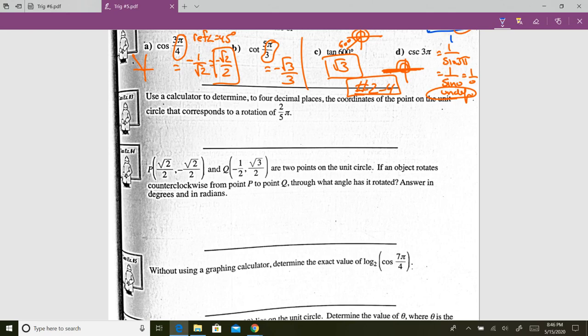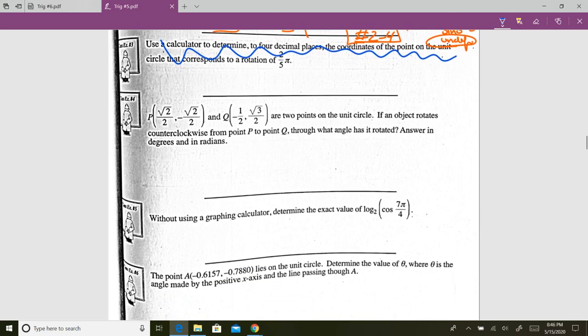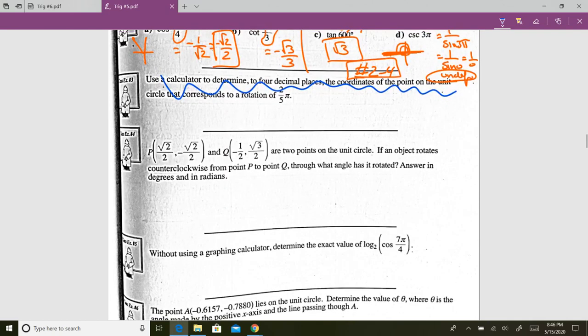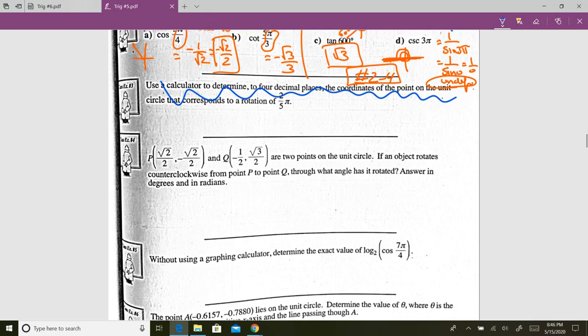Use a calculator to determine. Okay. So what we're going to do, actually, yes, we'll do that. Sorry, people. All right. So